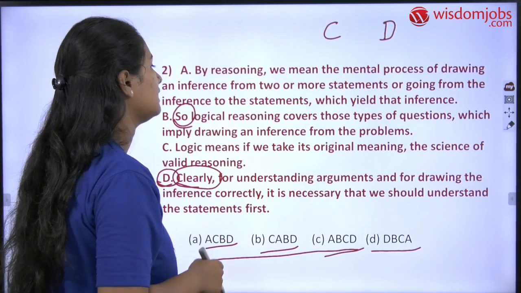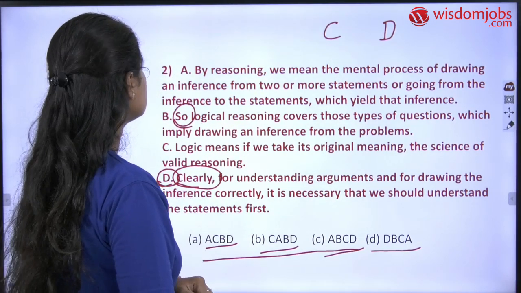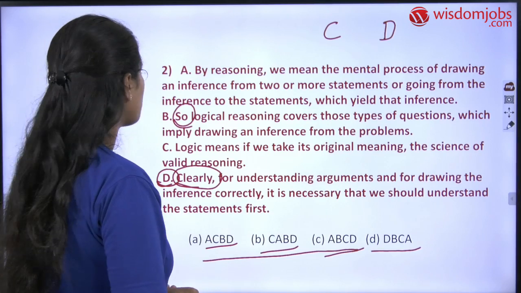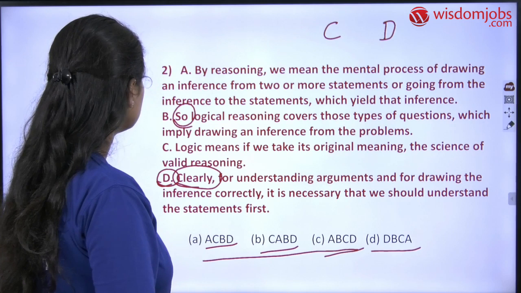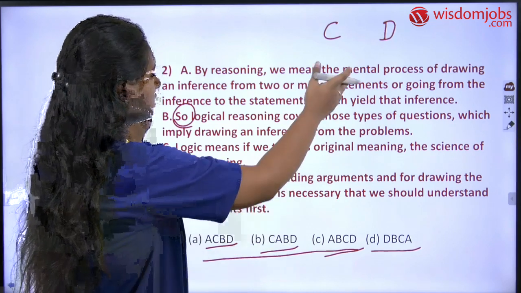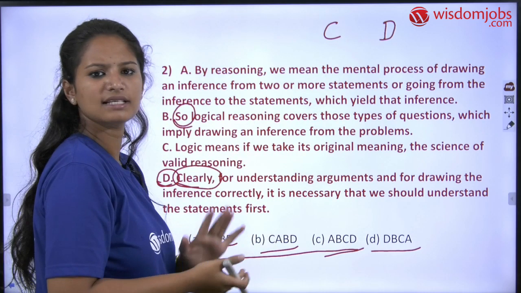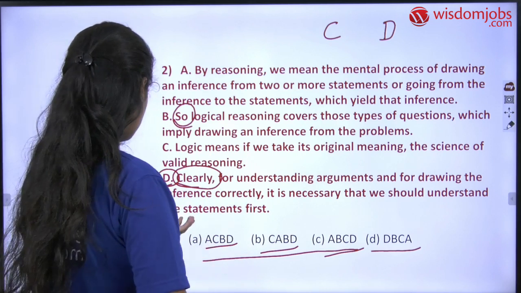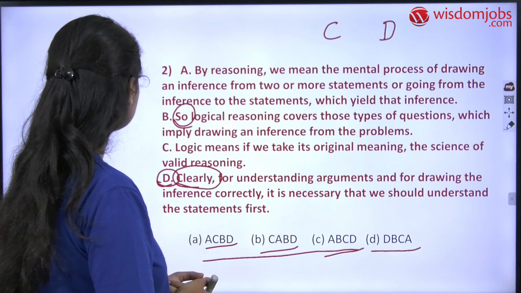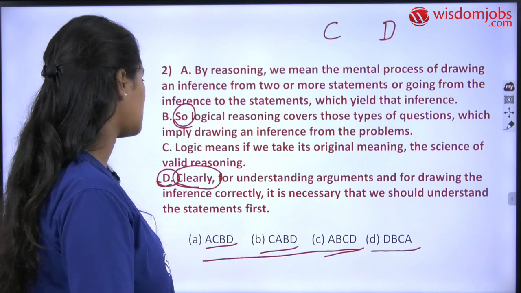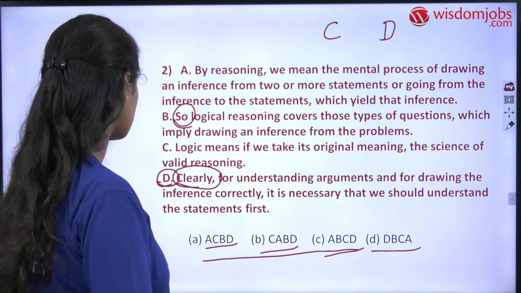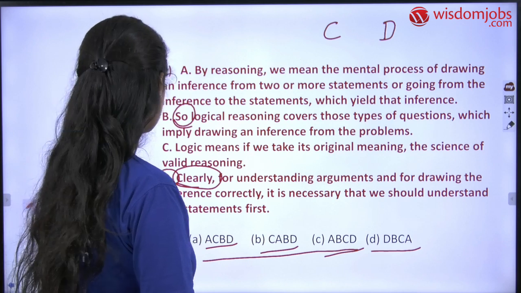By reasoning, we mean that the mental process of drawing an inference from two or more statements, or going from the inference to the statements which yield that inference. So if we go into this statement, let us think that A is the first option. Then the option which they gave is C, drawing an inference from the problems. Then D, clearly for understanding arguments and for drawing the inference correctly, it is necessary that we should understand the